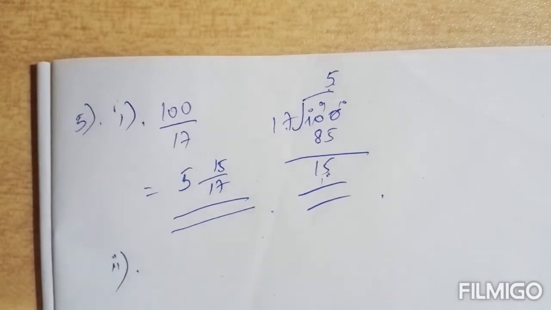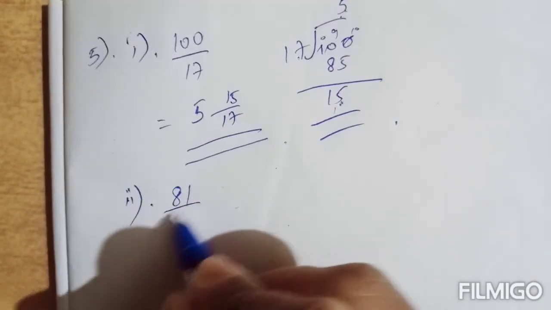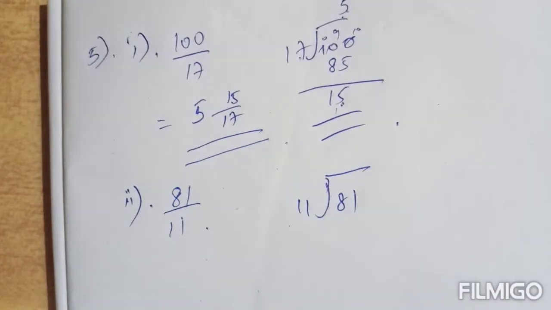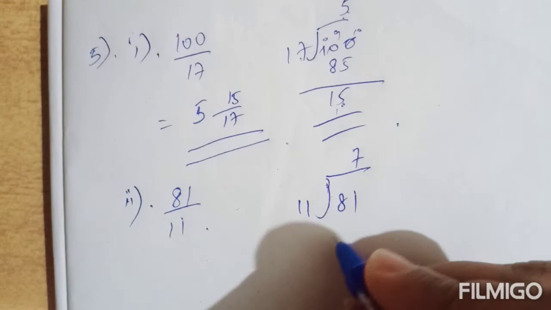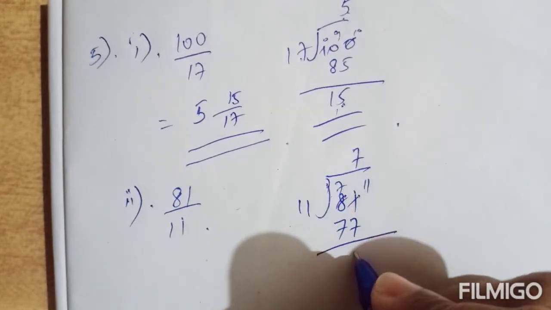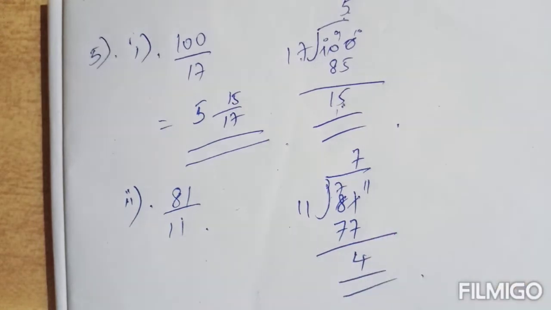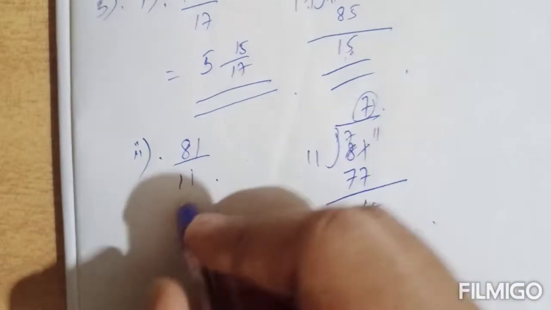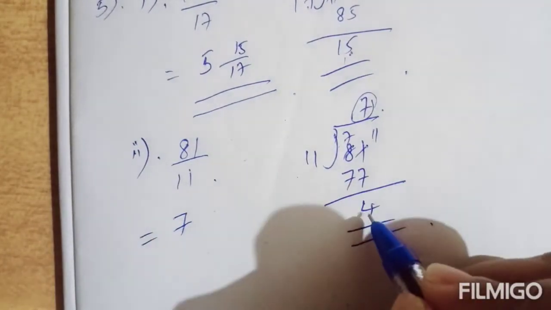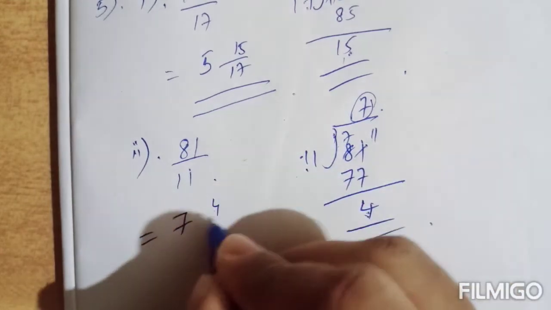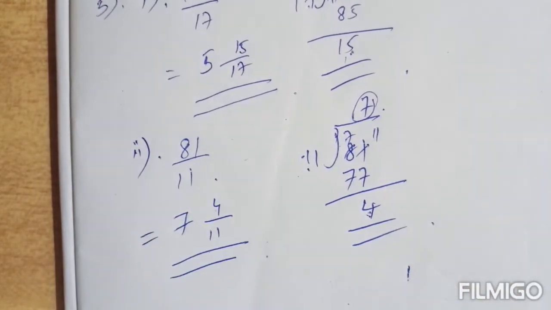In that, second one, 81 by 11. So just divide 81 by 11. 11 into 7 is 77. Remainder you will get 4. On converting this to a mixed fraction, how can we write? First write the quotient, that is 7. Remainder by divisor, that is 4 by 11. 7 4 by 11 will be the answer. Okay. Third one,